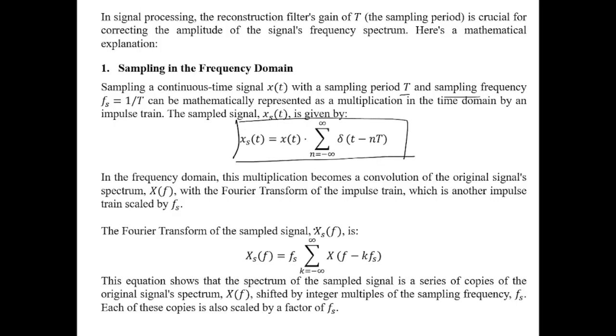So in the frequency domain, what happens if we do the Fourier transform? We have X_s(f) equal to f_s times the summation of k equals minus infinity to infinity of capital X(f minus k f_s). Okay,